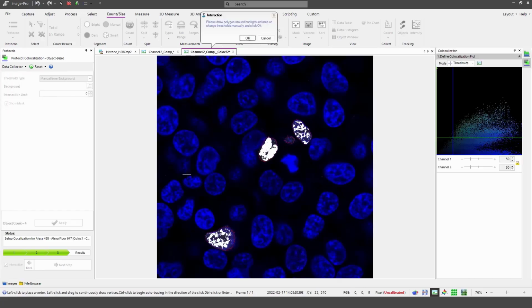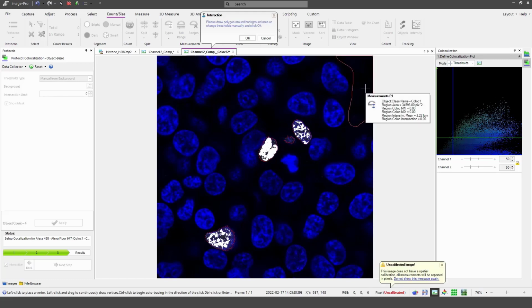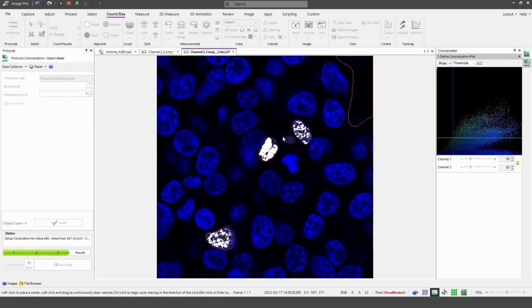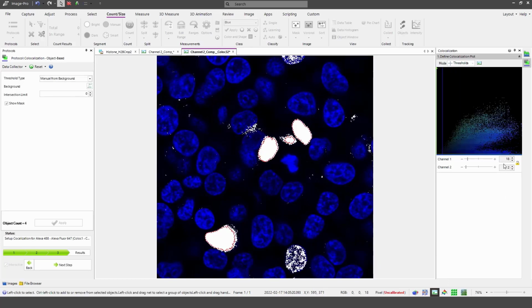And at this point, I'm going to use the default method of drawing a polygon around an area of background. So I can do that, and Image Pro will now calculate the mean intensity of this background region for each channel, and it will add 3 standard deviations to each of those values, and that's how it's going to set the threshold. So let's do that, and here we can see we have values of 18 and 2 that have been calculated. Now we can hit Next Step,